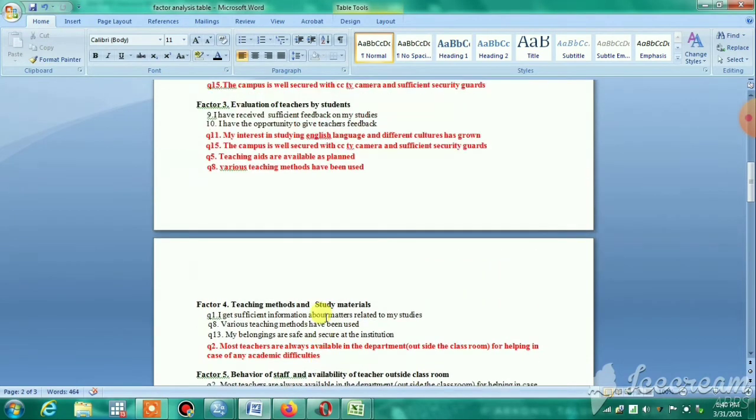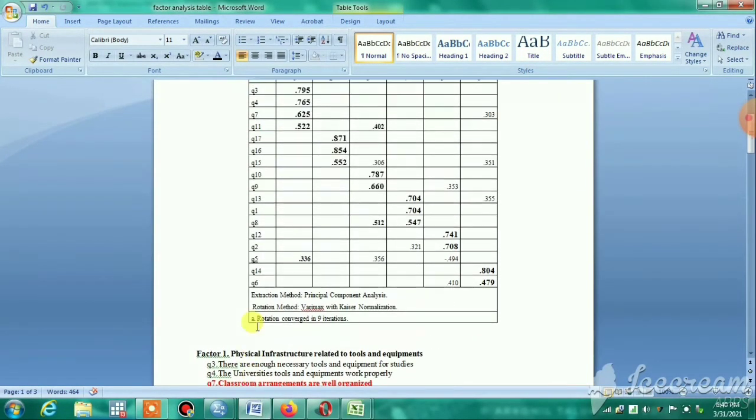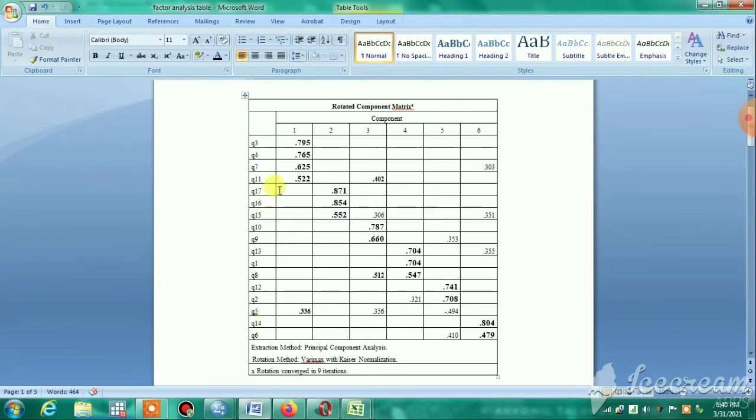Now we cannot put the same question in 2 factors. If we see that some questions fall in 3 factors, the straightforward way is to delete those questions. Similarly, if a question falls in 2 factors, we decide on the factor which contains the highest loading.